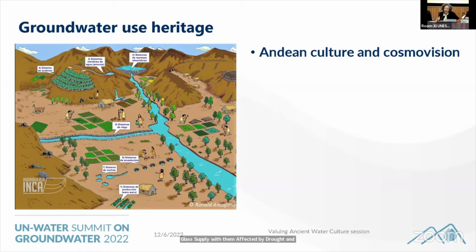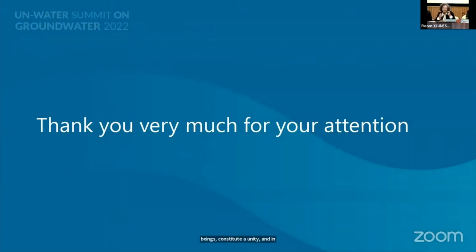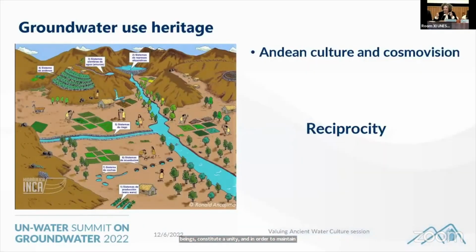And as all other cultures around the world, they have an integrated and holistic understanding of the water cycle and even beyond, and that costs us so much today, because the water cycle connects the earth and the atmosphere. For those communities, all the elements, even human beings, constitute a unity. And in order to maintain this unity, you need to maintain dialogue between all these elements. And in order to maintain this dialogue, the central concept is